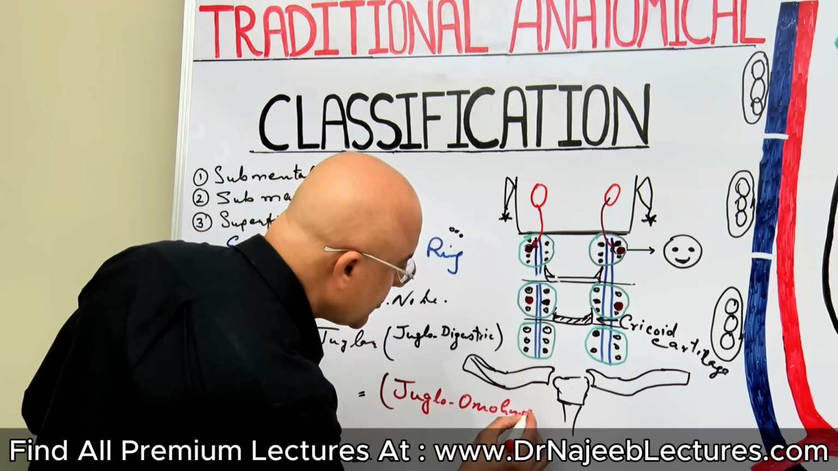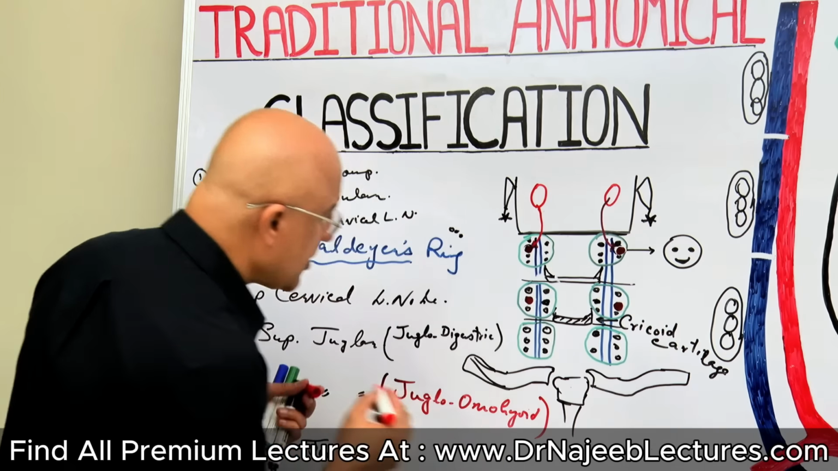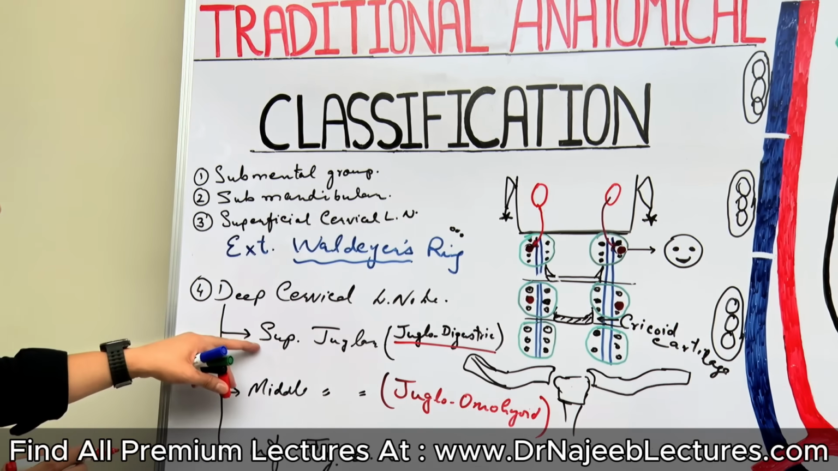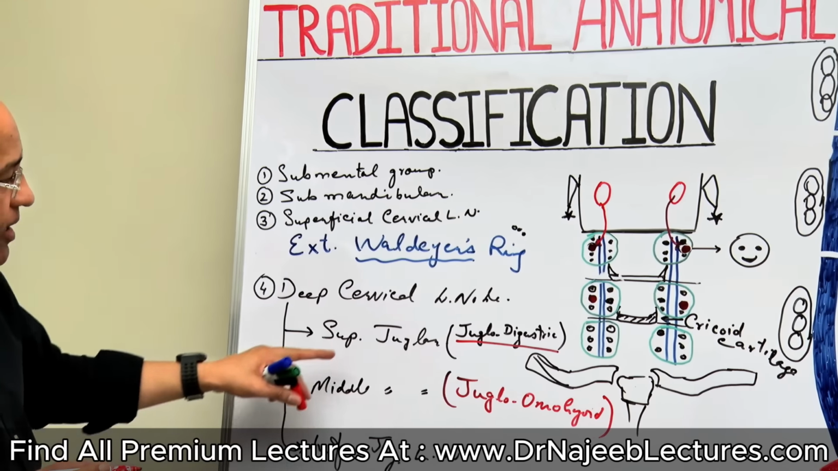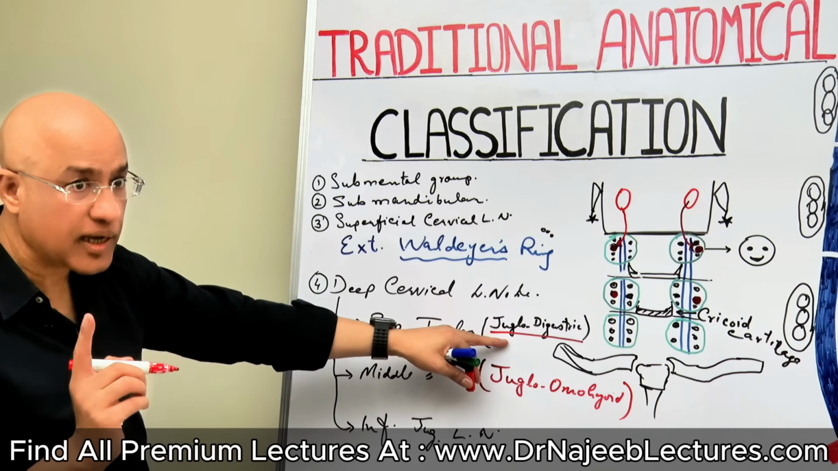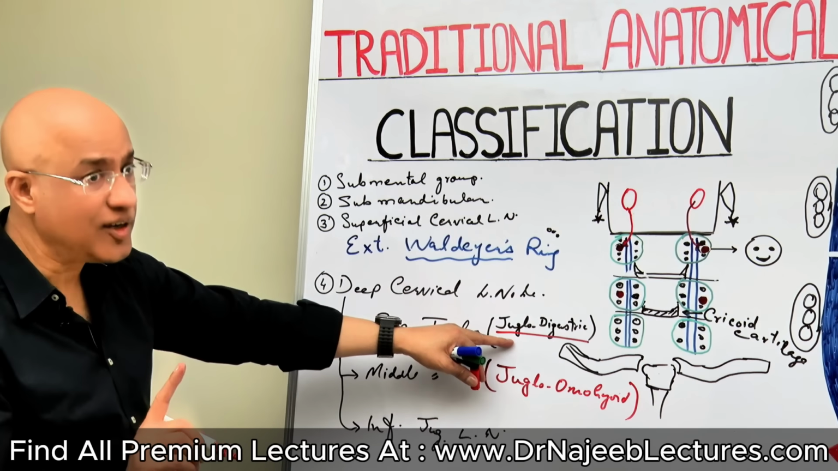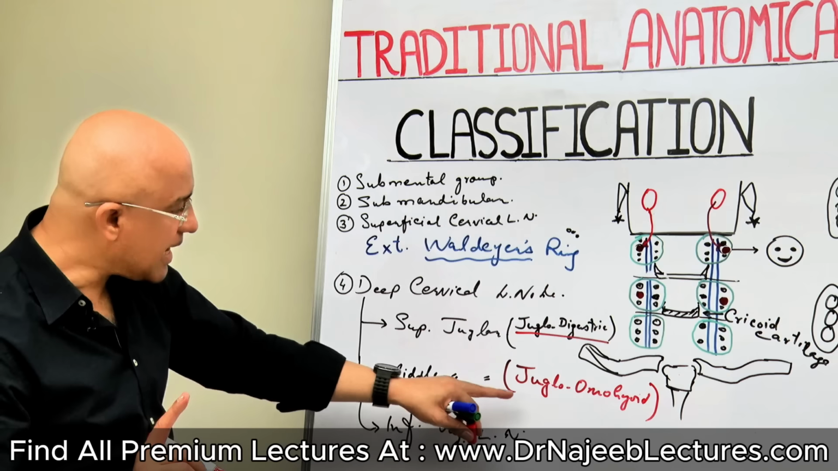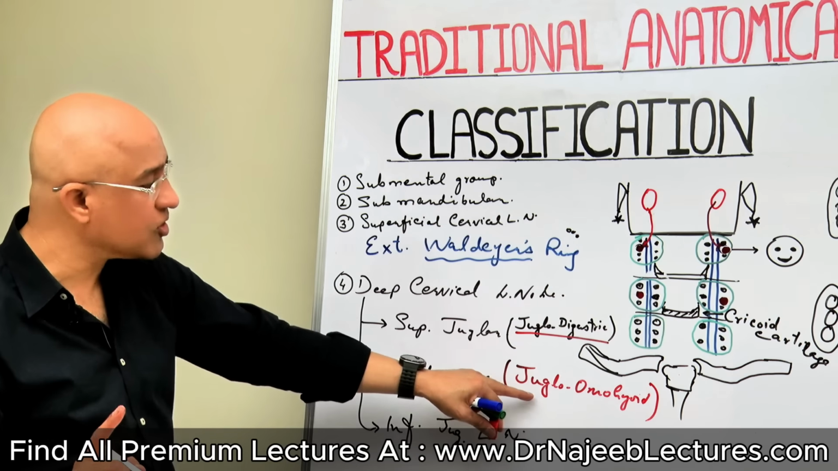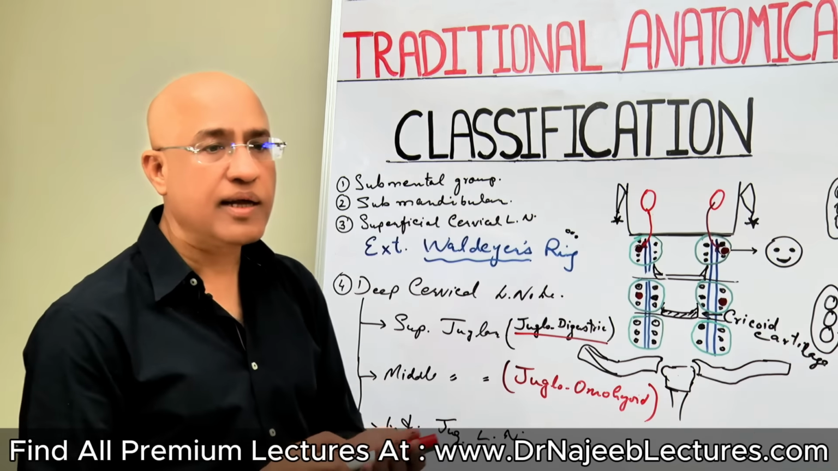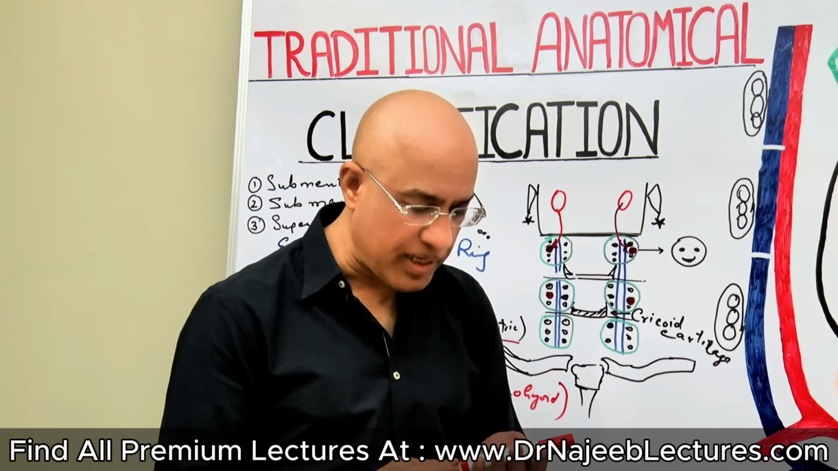Jugulo-omohyoid lymph node. So here it was jugulo-digastric lymph node, in the upper group, middle group, jugulo-omohyoid. Jugulo-digastric should be remembered. Usually it is larger than the other cervical lymph nodes and it drains tonsils classically. And in the middle group, you must remember jugulo-omohyoid lymph node, which is very important because many of the